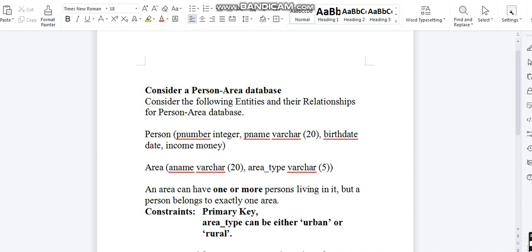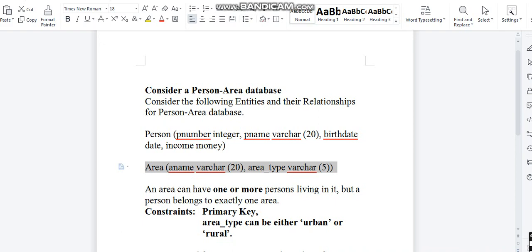That means area is one table and person is many, so area and person have a one to many relationship. So which table will be created first? The area table will be created first, as the relationship between area and person is one to many.